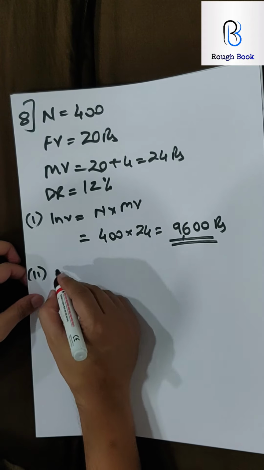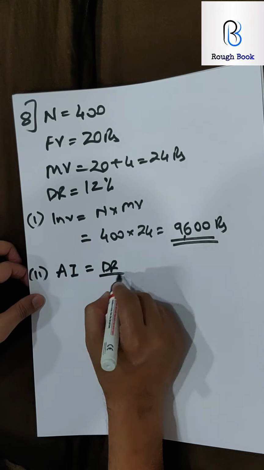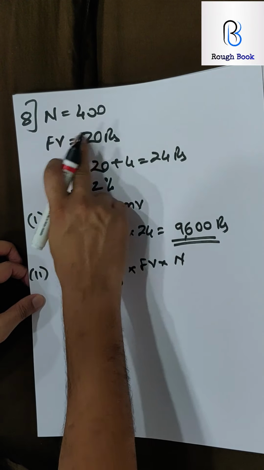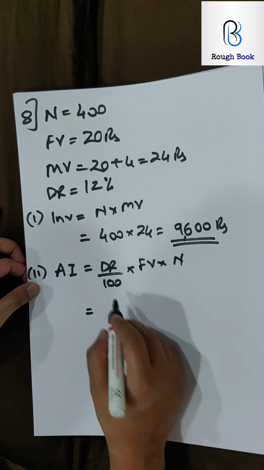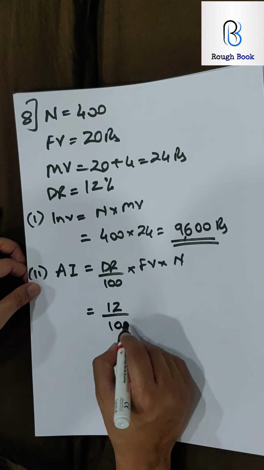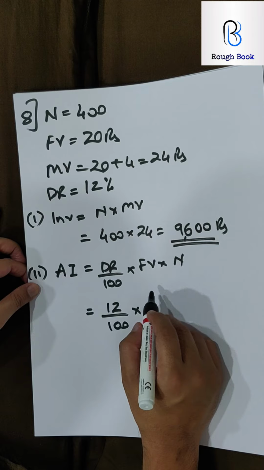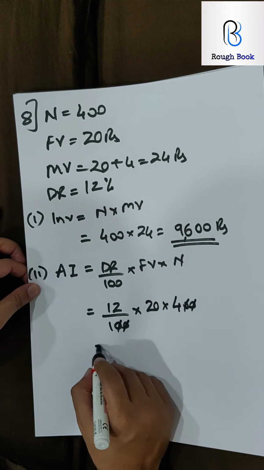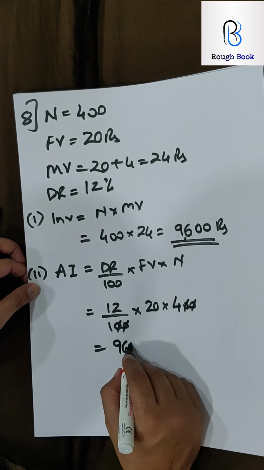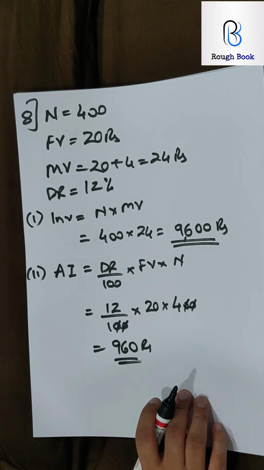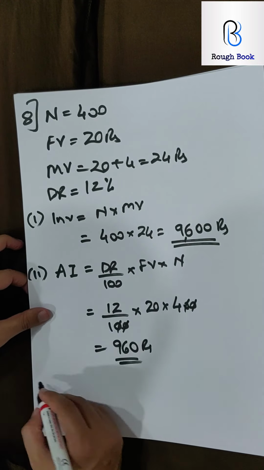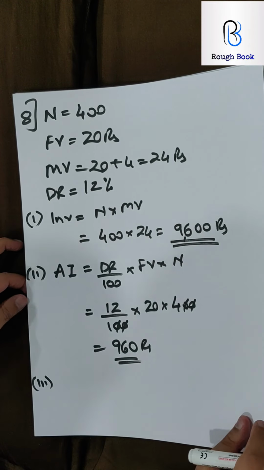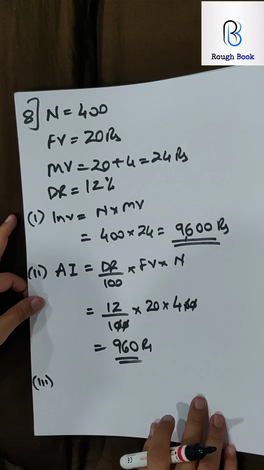Total income from these shares. So that is annual income or dividend. So dividend rate upon 100 into face value into number, because number is known to you, 400. So no need to write investment upon market value. So 12% into face value, which is rupees 20, into number of shares 400. So 0 0 0 0. 4 2s are 8, 12s are 96 and 1 0. 960. Final part, percent return. Now you can use both the formulas here. Since you calculated this, you can use that previous one which we did in the first exercise, or you can use the Dr. Fevicol.